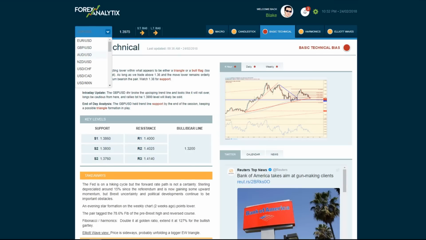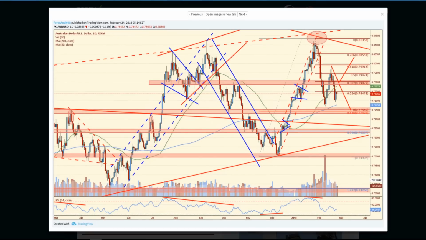You take a look at other currency pairs like the Aussie dollar and the Kiwi dollar. We found some support in the Aussie ahead of the 200-day moving average, but if the dollar does strengthen and the Aussie breaks through that 200-day moving average, we're liable to give up all of this move that we picked up through early December and through the holidays, because this is a very explosive move in the Aussie. I would be very surprised to see it all retrace, and I think a lot of traders that are long the Aussie dollar would probably be a little surprised as well. So watch that 200-day moving average going into next week.